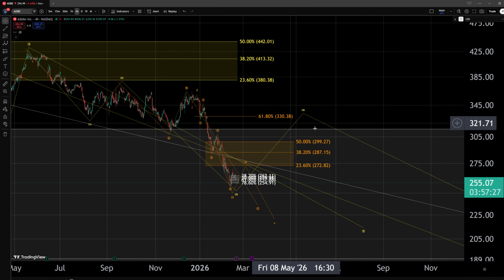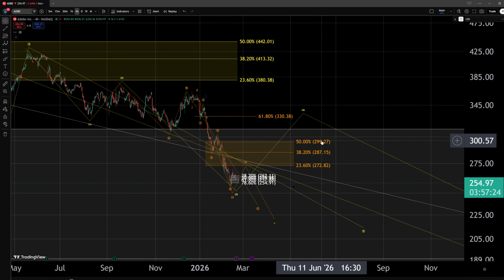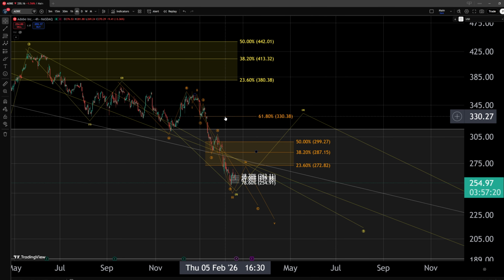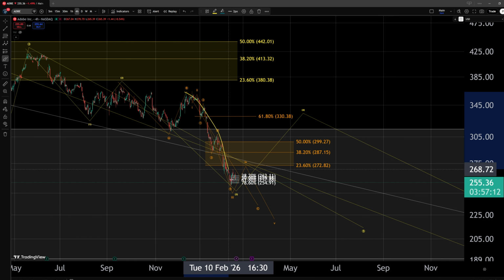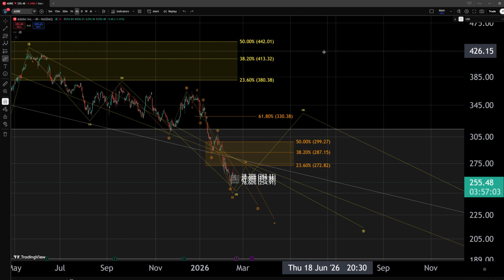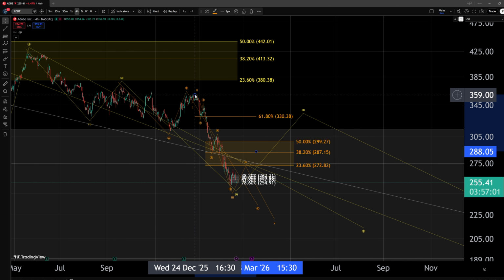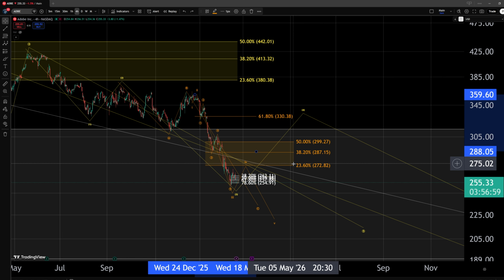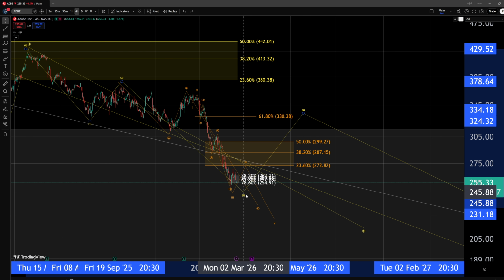So I am looking for the break above the 50% retracement for a stronger signal that a more substantial bottom would be in place. But for the signal that this wave C to the downside would likely be complete, that we wouldn't be looking for extensions lower, at least not within the idea of an impulse. Might still work out within the idea of a diagonal, but what I would rather focus on than the idea of a diagonal is the possibility of a more substantial bottom being in place entirely within this wave 3 in